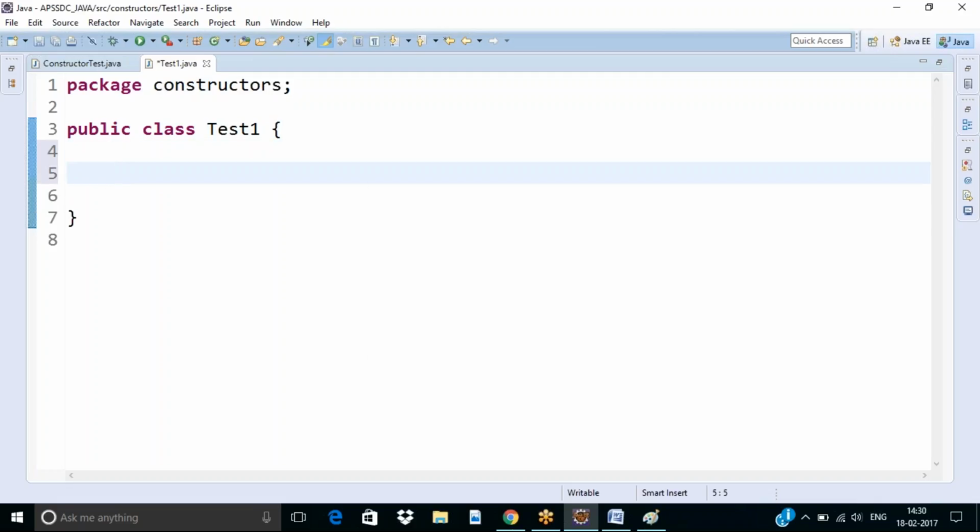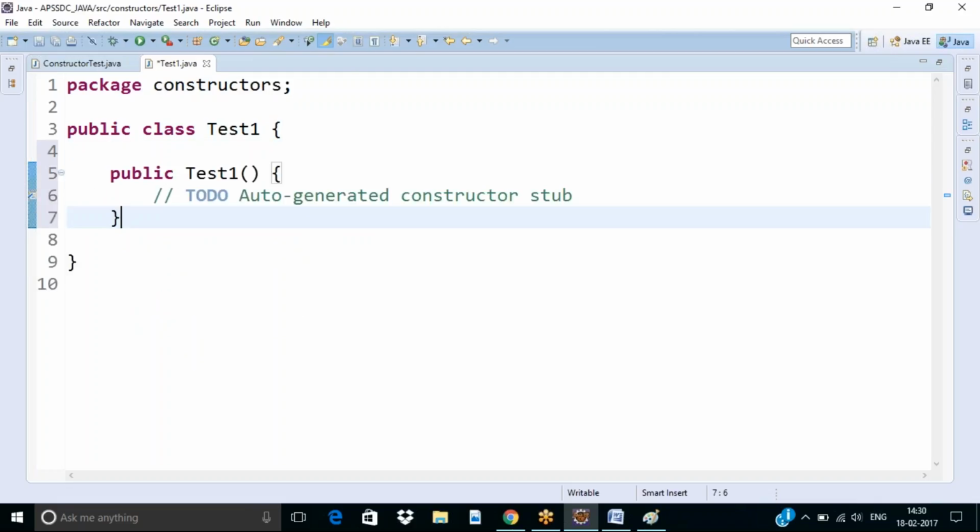So here let me add a constructor. So this is my default constructor. Suppose if there are any statements that are to be done at the time of object creation,